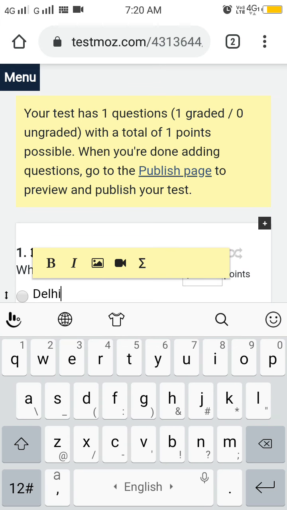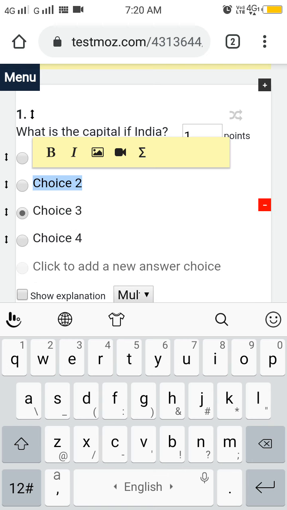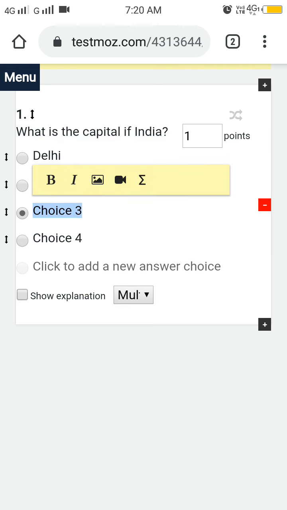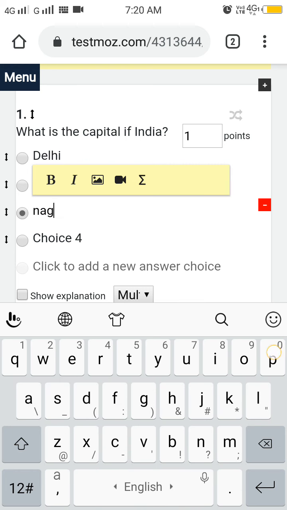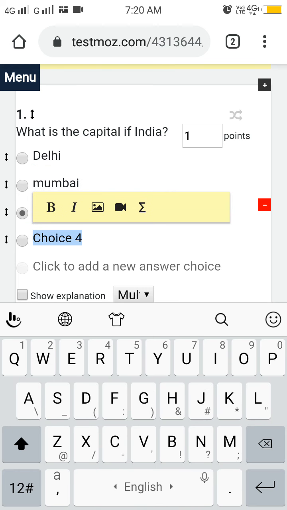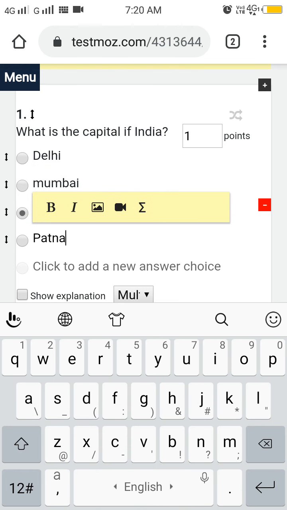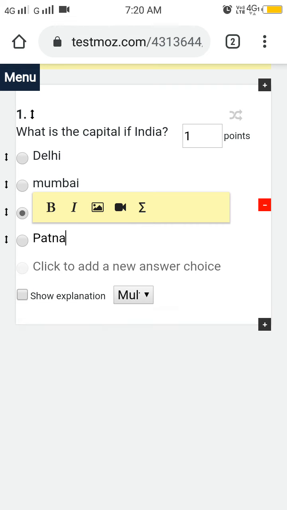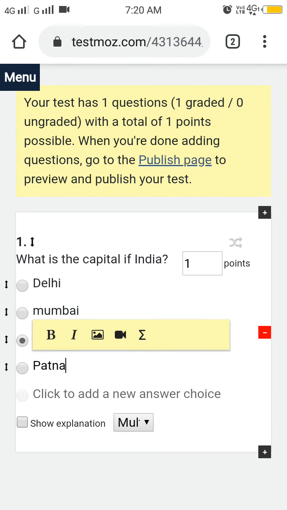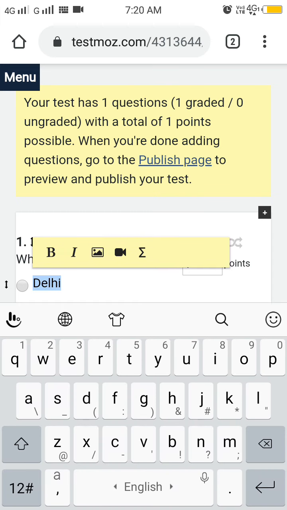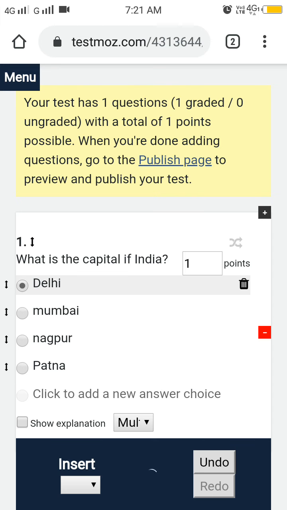Second option I will write, say Mumbai. Third option I will write Nagpur. Fourth option I will write, say Patna. Okay, these are the options which we can write. Now we know the answer is Delhi, so click on Delhi.